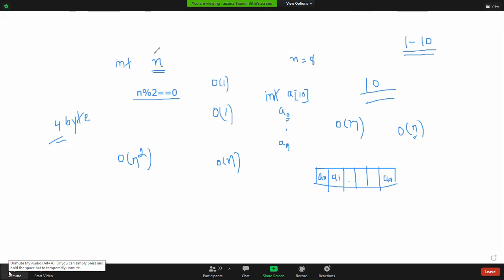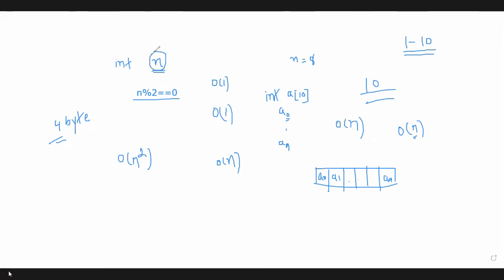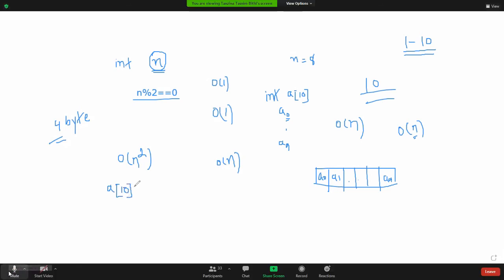Look at this. When we use only one individual variable, the space complexity was order of 1. And for a one-dimensional array, for a linear list, the space complexity was order of n, right? And if now we are using a two-dimensional array, suppose the size of the first dimension is 10 and the second dimension is 10.